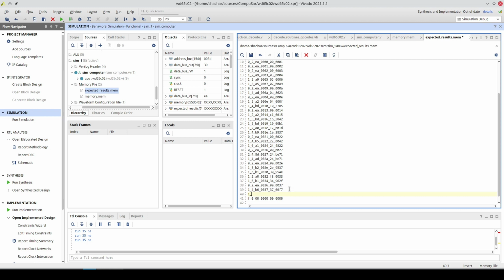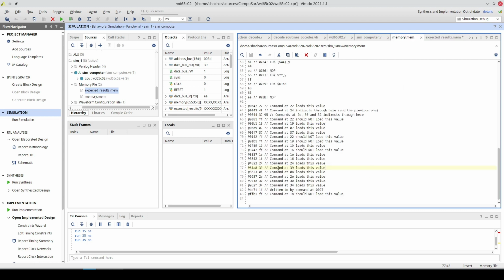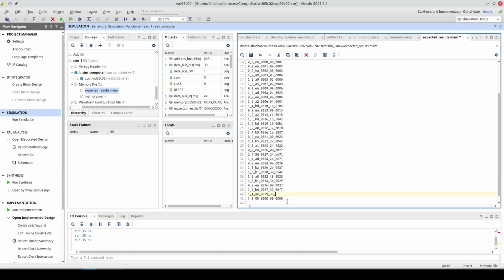With that in mind, we can now go here and say this. This is a read command. It should take 4 cycles. The opcode is AE. It should be read from address 39. The last data being read is supposed to be 39, and it should be read from 61A8.